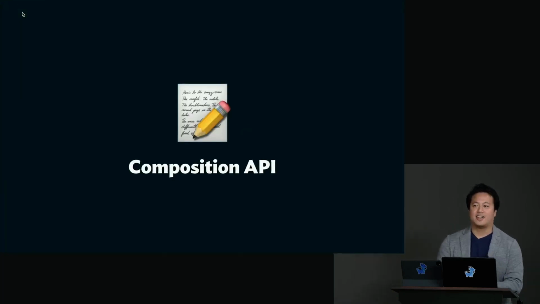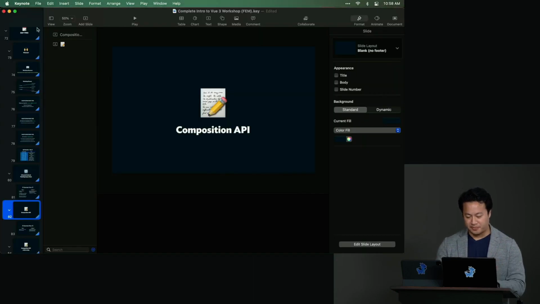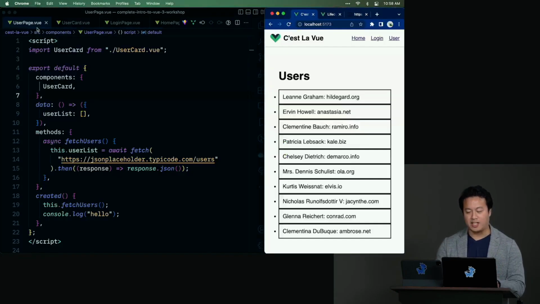All right, we're here. Took us a little while, but we're here at Composition API, and it's time to talk about the brand new thing that comes with Vue 3. The first thing I want to caveat when it comes to the Composition API is that even though it was introduced in Vue 3, there actually are ways to use it on Vue 2. That is one of the things that the team has tried to work really hard on. Even though there are certain performance optimizations and TypeScript enhancements that have come with Vue 3,